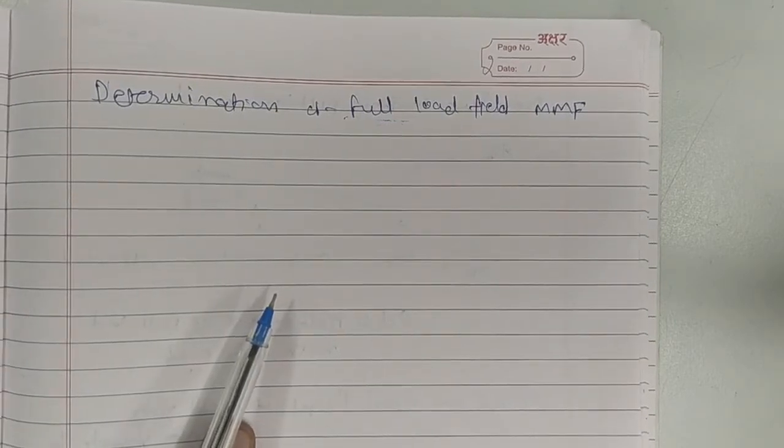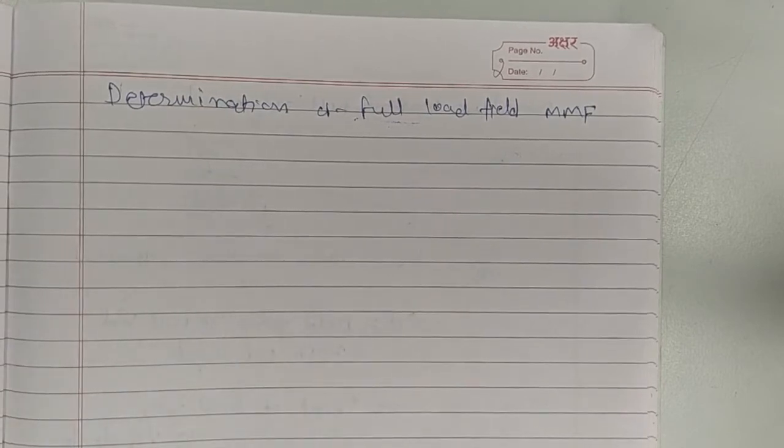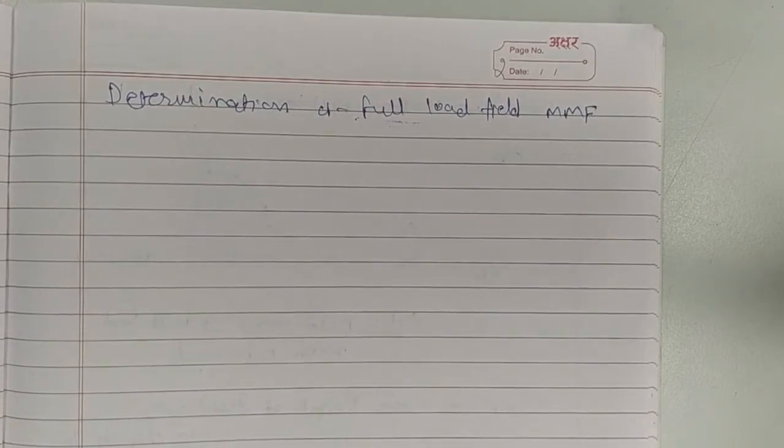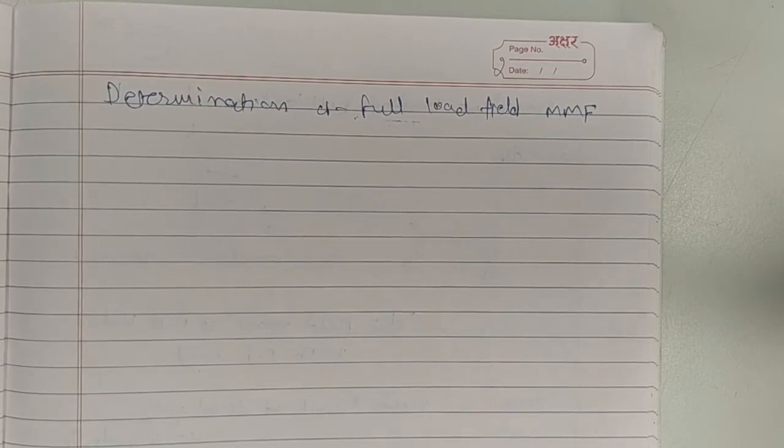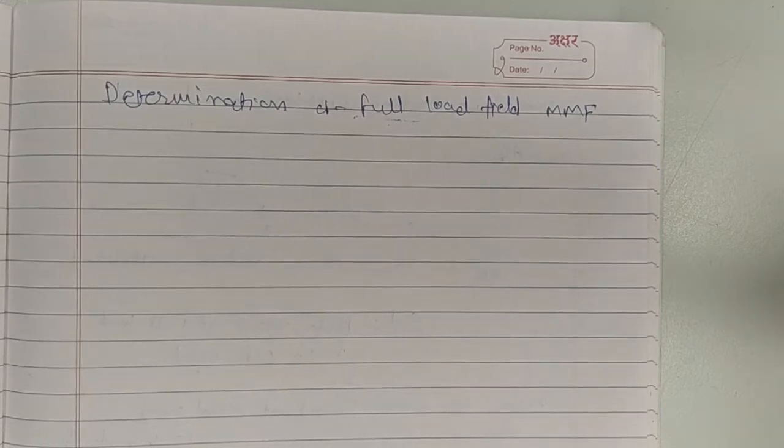So that thing also we are going to calculate from one familiar vector diagram. The EMF method and ZPFC method you have already seen for the calculation of voltage regulation. In that case we have drawn some vector diagram. So a similar kind of vector diagram we have to draw over here, and we are going to make use of the open circuit curve for that. The open circuit curve in that case was between the field current and the armature EMF, but over here it is a little bit different. What the difference is, that also we are going to see.